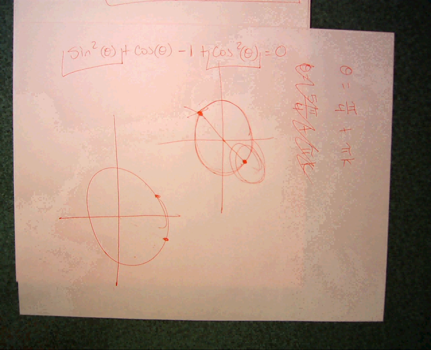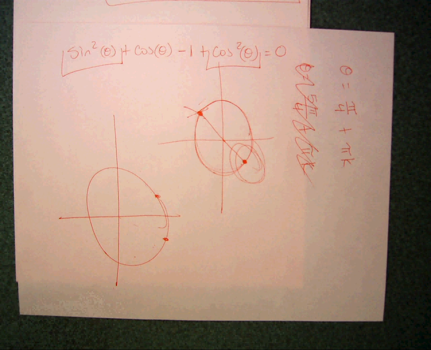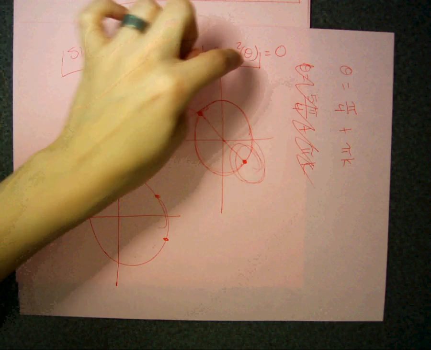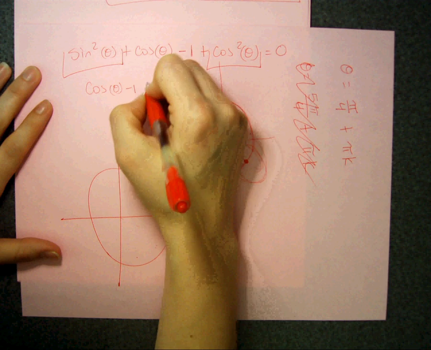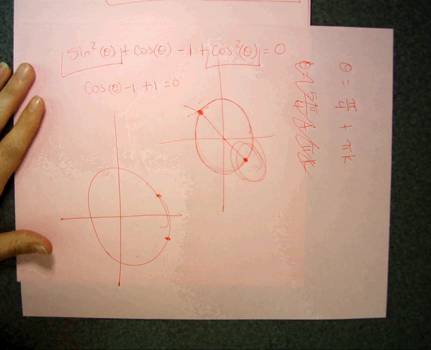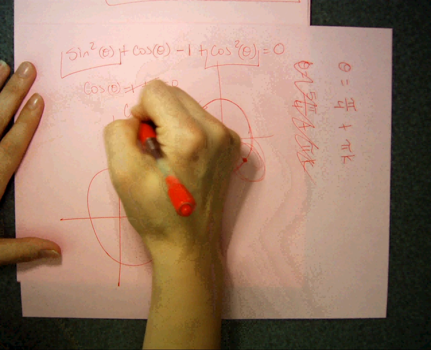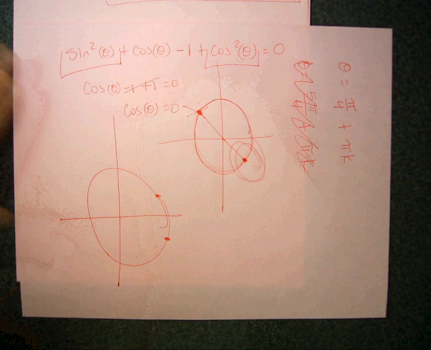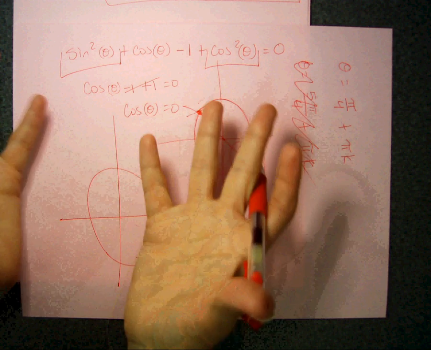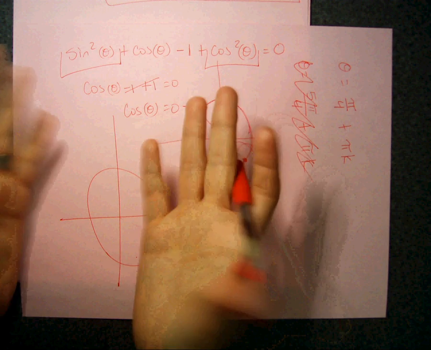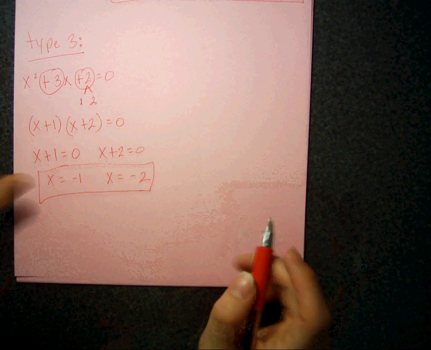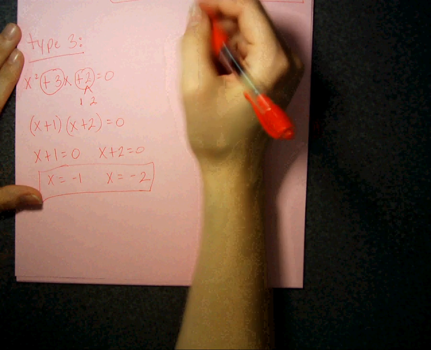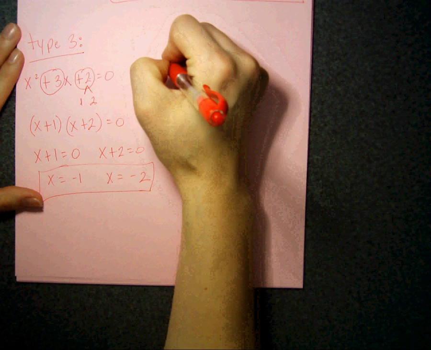The Pythagorean identity, right? I have an identity that I can use first that will allow me to simplify this equation without getting crazy with it. What is sine squared plus cosine squared? 1. So I have cosine theta minus 1 plus 1 from my Pythagorean identity. Minus 1 plus 1 is 0. So this all just fizzles down to cosine theta equals 0, right? So still be on the lookout for identities, because if you can simplify it beforehand, save yourself some time, do that. If that is not the case, though, let's say that I have